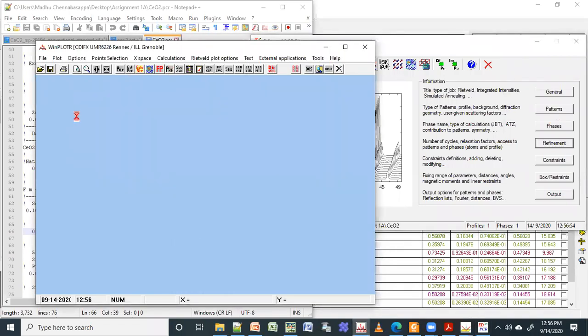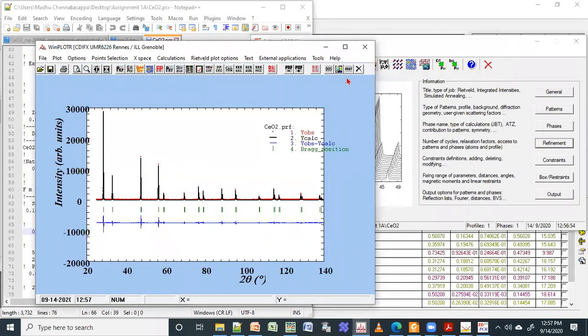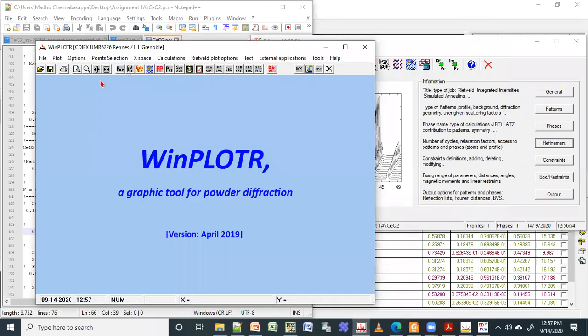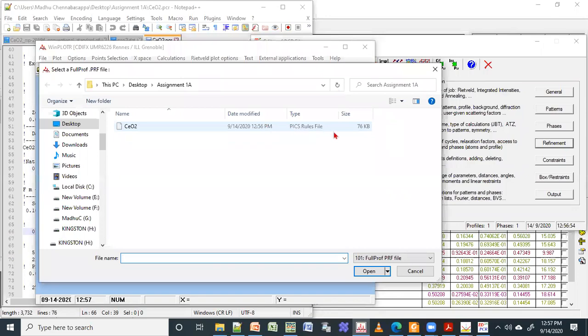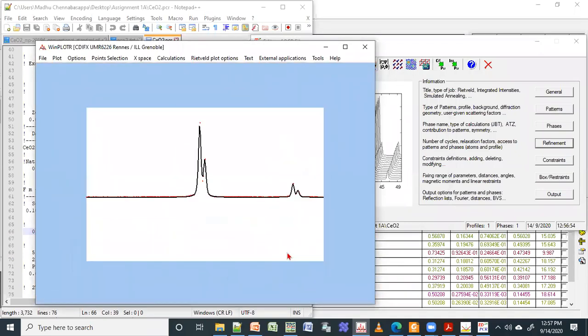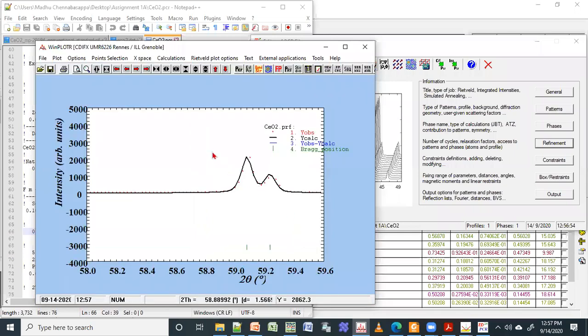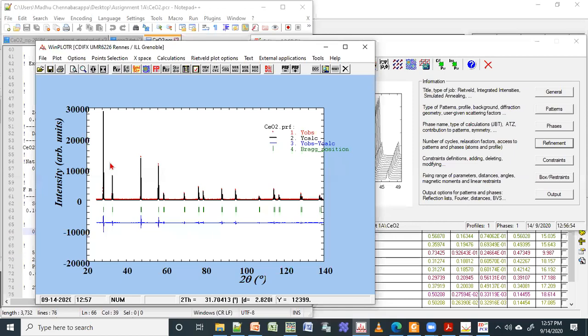Let me see the fit data. To see the fit data, you can open your WinPLOTR, and there is something called PRF. PRF is your fitted Rietveld data. If you click on PRF, you see there is something called PIC, but this is your PRF file. You click this PRF file. Now you can see this is almost okay. I won't say it is the best, but it is almost okay. In this case, I will stop the profile fitting.